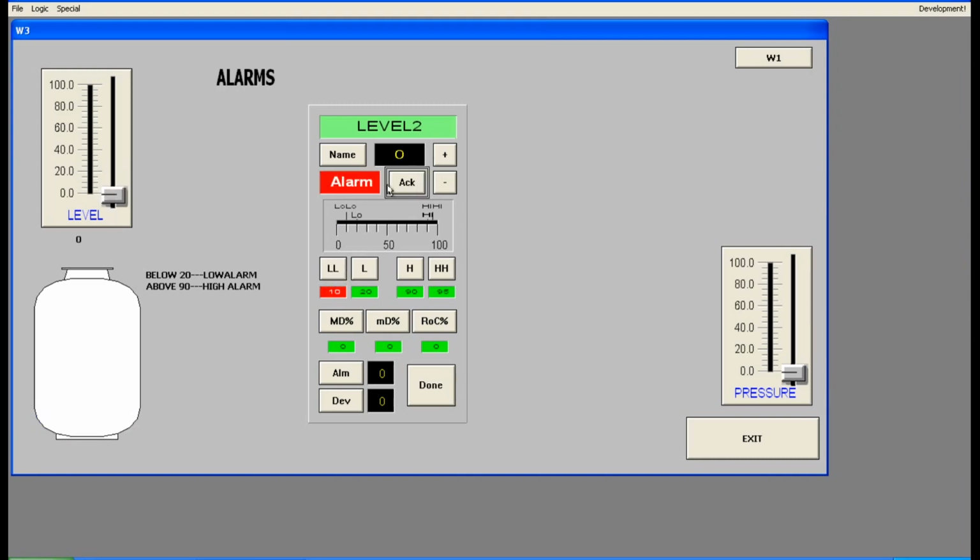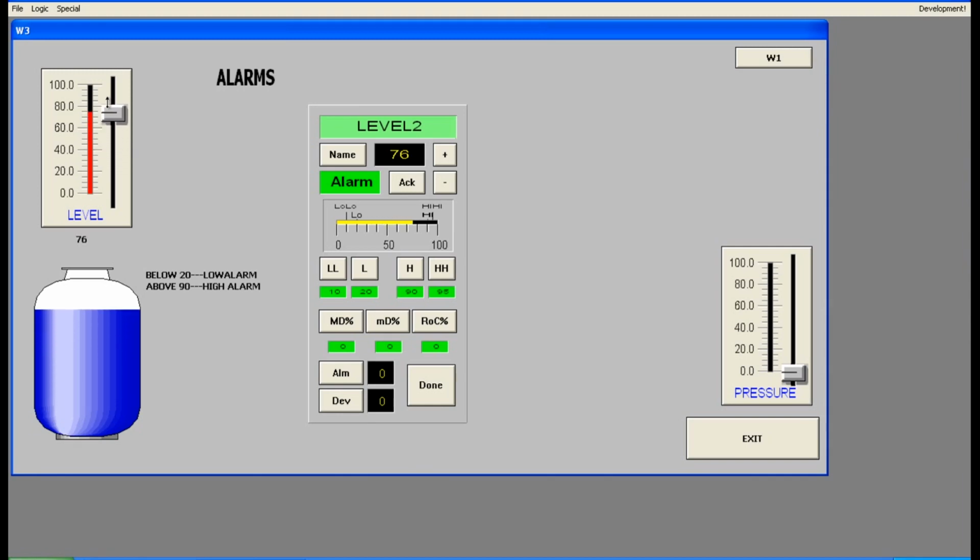You acknowledge, it will stop. If you increase, now again it is blinking because it is a new alarm, which is the low alarm. This is low, this is low, this is high, this is high. If we increase to 40, there is no alarm because for 40 and all we have not created any alarm. When it is above 90, it is a high alarm. Acknowledge it. When it is above 95, it is a high alarm. That's it, guys. So this is the alarm window. Like that you can create an alarm.